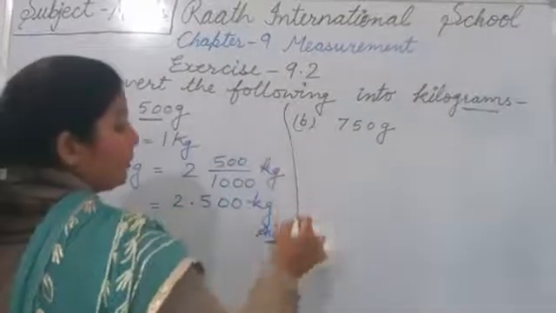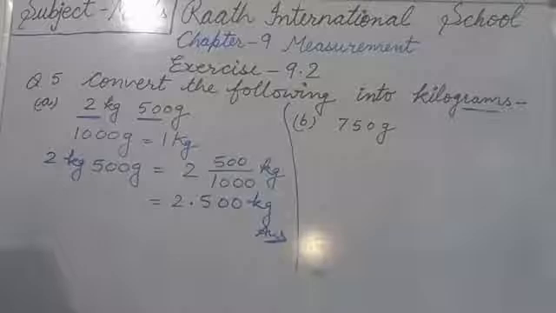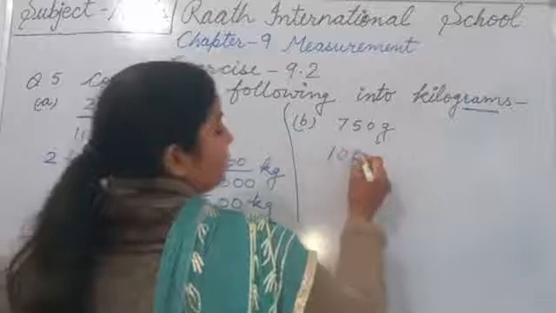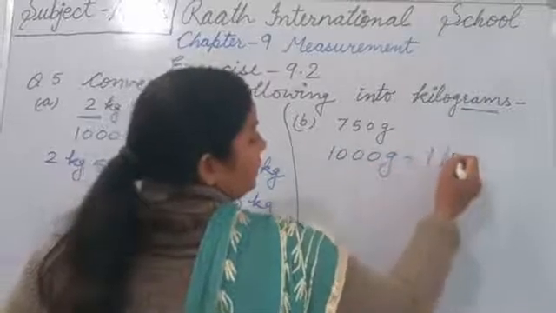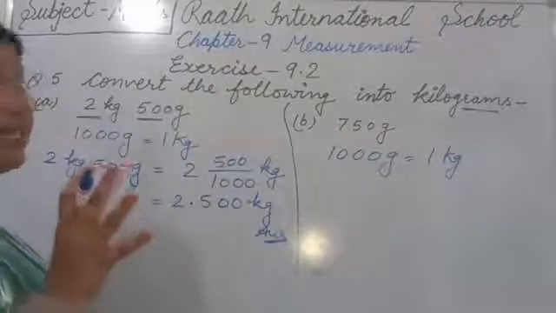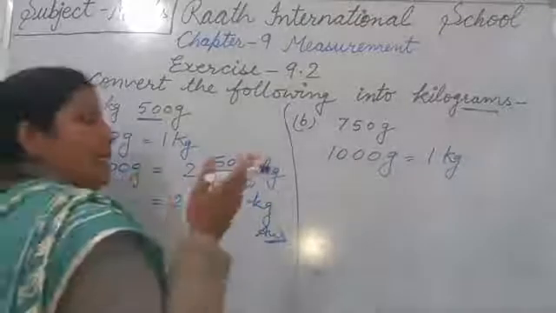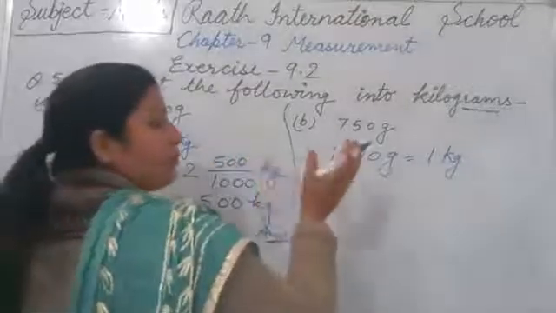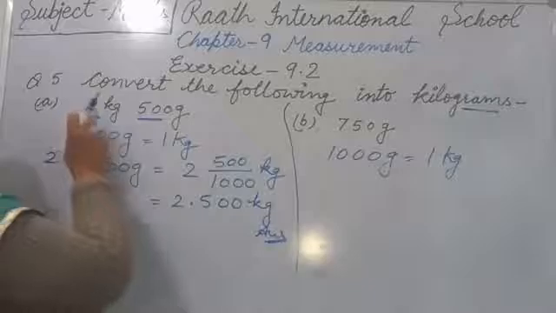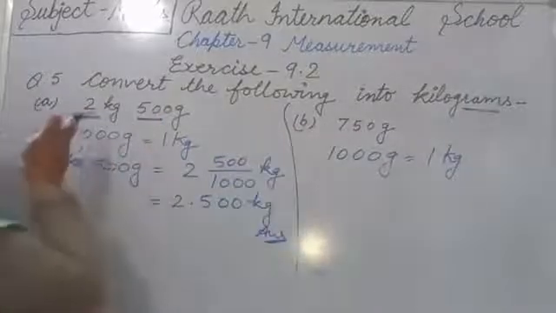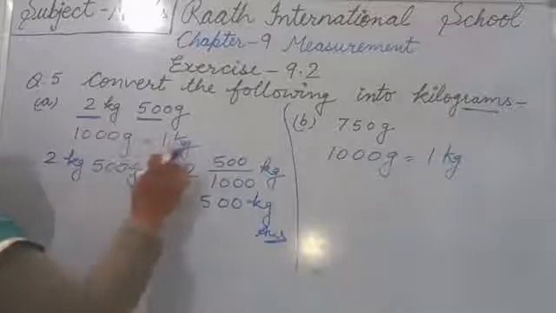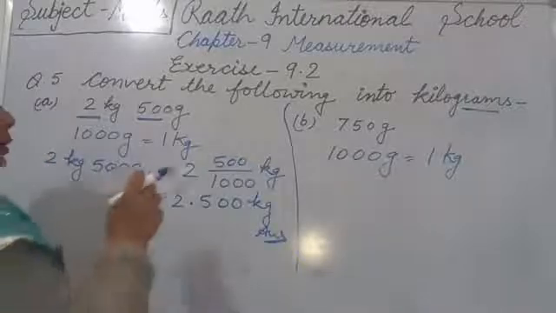Now it's B part. In B part what we have? 750 gram. So as we know 1000 gram equals to 1 kg. Now there is only gram. There is not kg. Okay, यहाँ पे सिर्फ आपके पास क्या है? Gram. There is not kg. So directly we will do here divide. Sorry, there is not kg, so there will not come in the whole. जैसे यहाँ पे kg भी था, but there is only gram. Okay. In A part we have kg also. So what we did? We have taken this kg in the whole. जो आपको kg दे रखा था वो हमने whole में लिया.